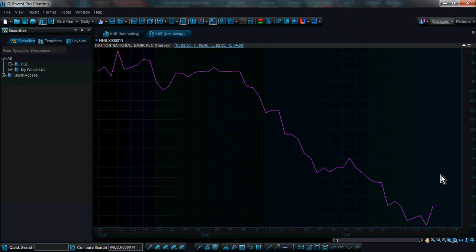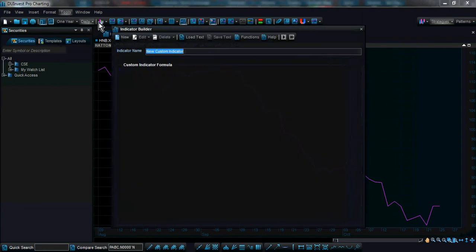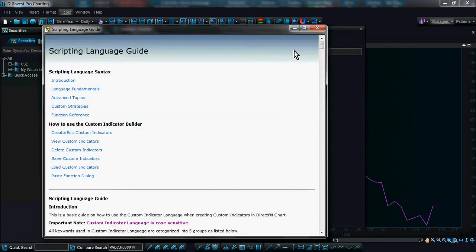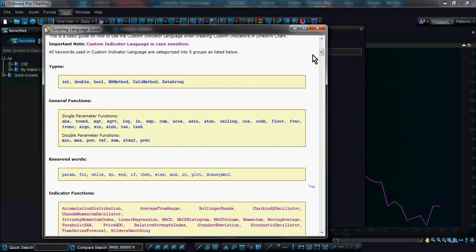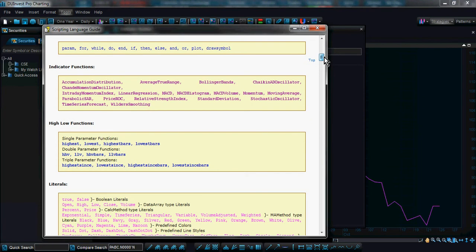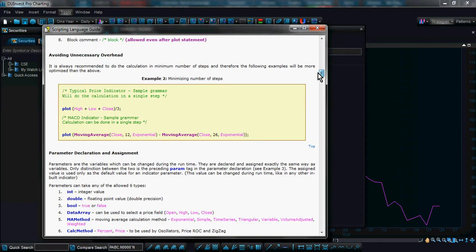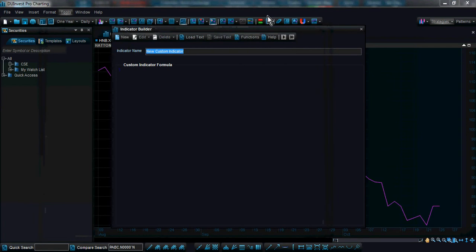And if you think that's not enough, there is a tool that not too many products in this world have, what we call the technical indicator builder, where you can build your own indicator. If you are into a bit of technical things, let me show you the help. This is the help file. You will have to code it one by one. There's a coding language, a proprietary coding language of our own, and you start typing them and build your own indicator. Maybe you can put your name on it and use it.